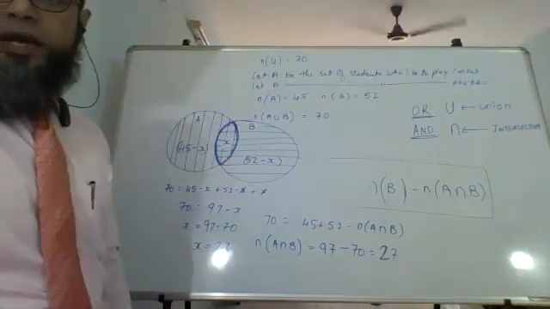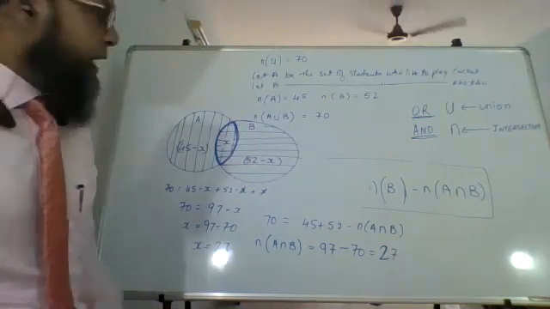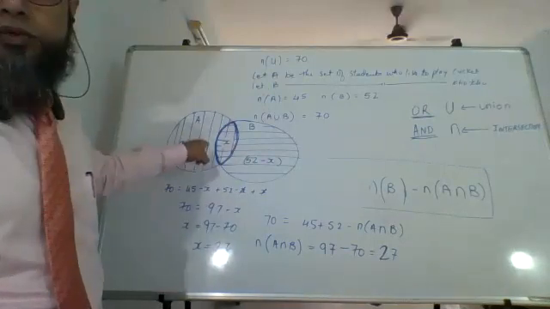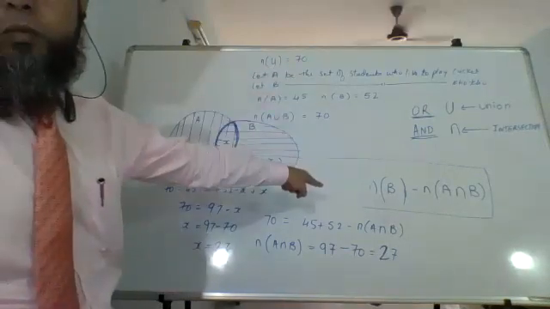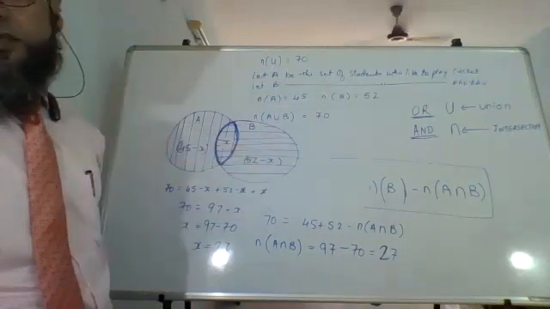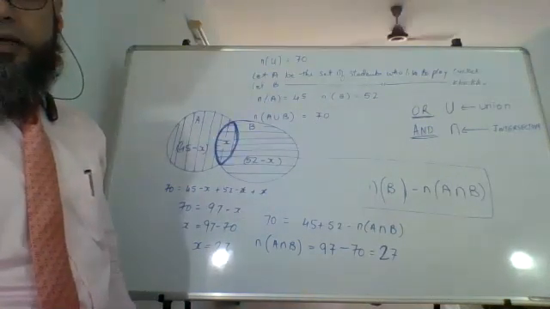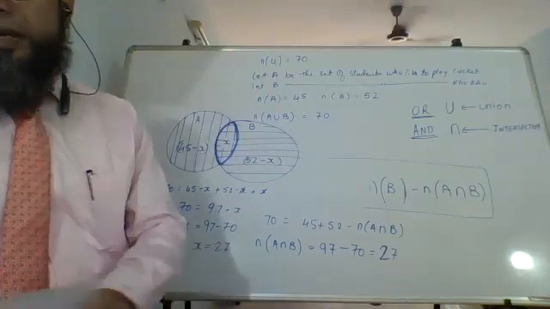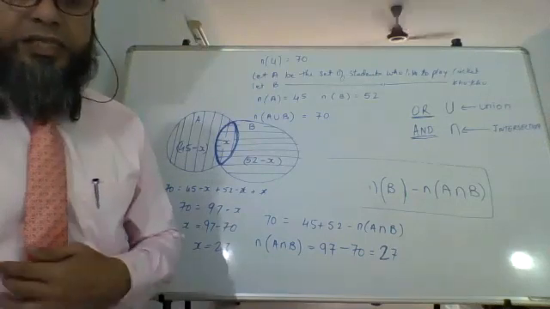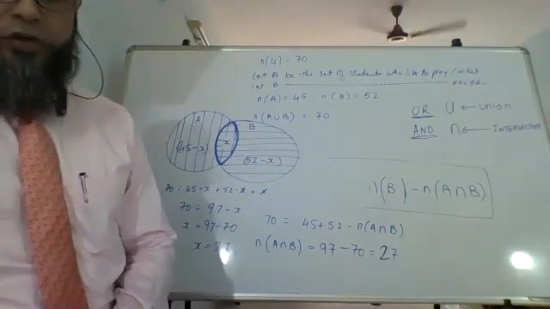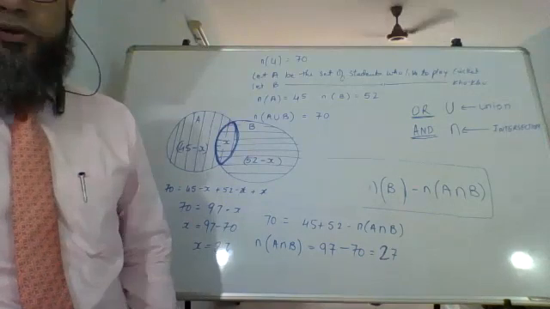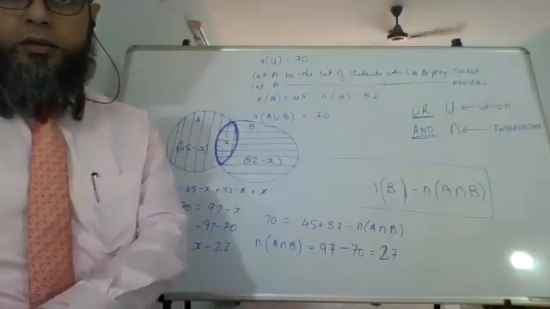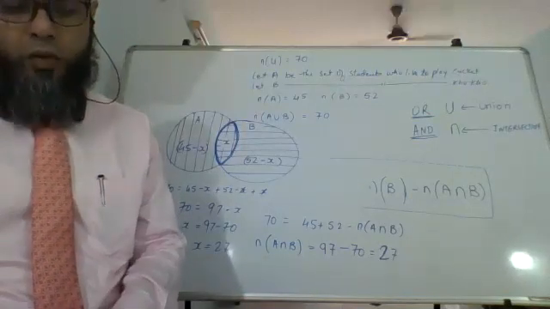Okay, if they have not specified using Venn diagram or not using Venn diagram, you can use either of the methods. But if they say using Venn diagram, then you have to use this method only. Though you do it with the other method, you will not get marks. Is that clear? So depending on what they ask, you are going to solve. Based on that is exercise 1.4. If you have any difficulties, please ask. Otherwise, you have to do 1.4 and problem set 1.